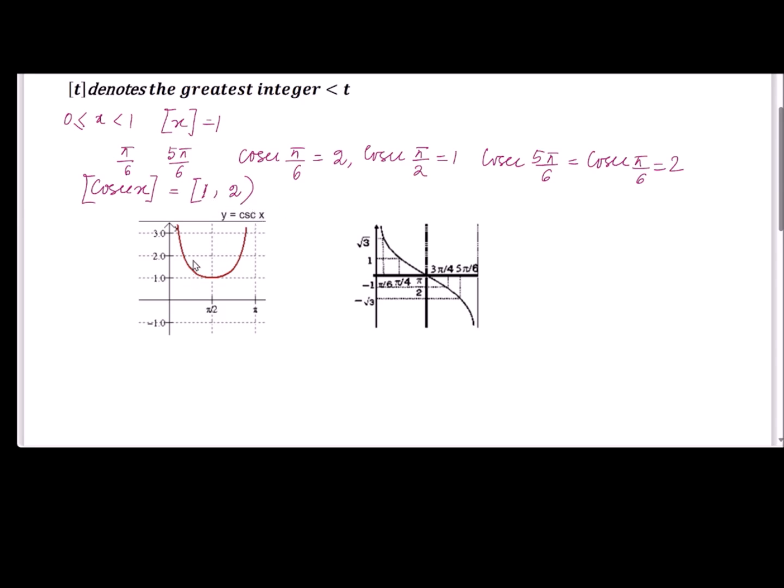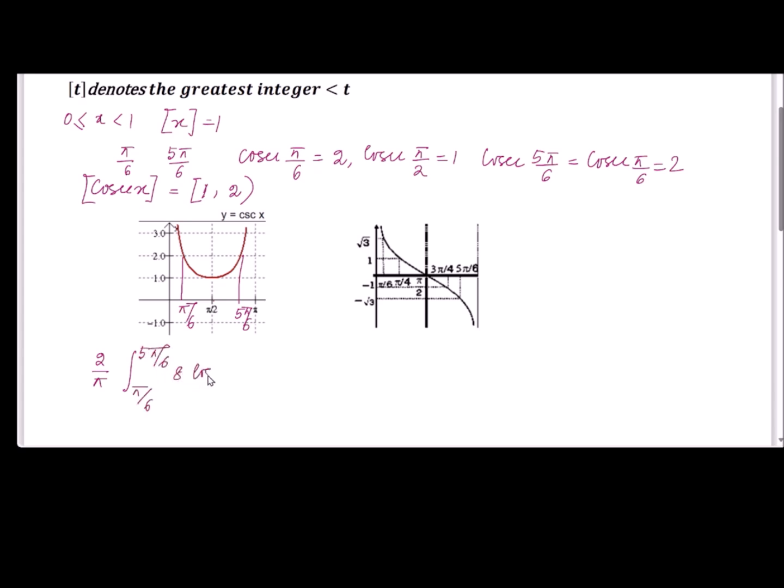So there is no breaking of limit. So here this is your pi by 6 and pi by 2, and here it will be pi by 6, pi by 6. So it is taking only the value as 1. So no need of breaking. It's easy. So we'll write first one is 2 over pi times pi by 6 to 5 pi by 6,